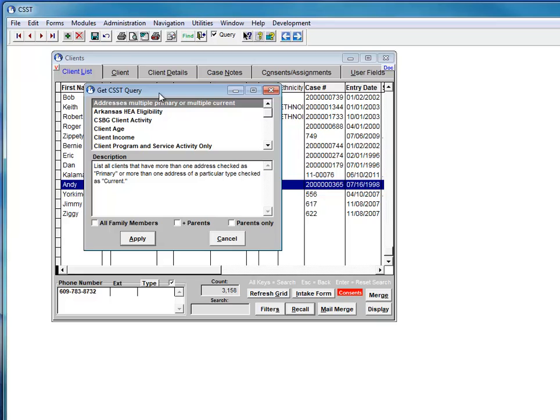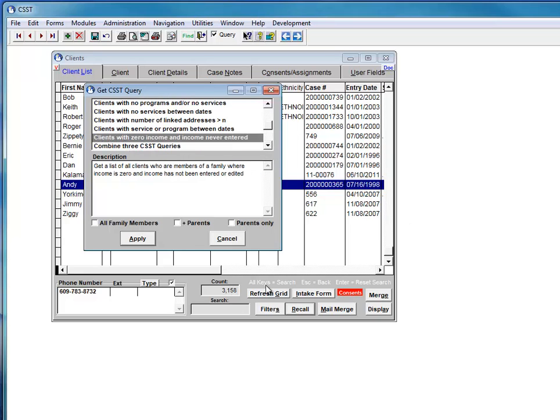Now it's worth looking at a few of these. We just ran through the client age one, which is an illustration of how to get a list of people who are either over or under a certain age. There's a number of these that are, I guess, housekeeping functions would be the best way to describe it. There's one where clients with zero income. We scroll up here. Or income never entered,